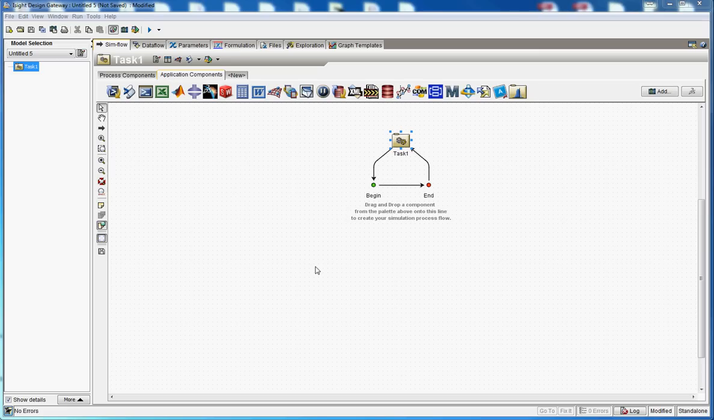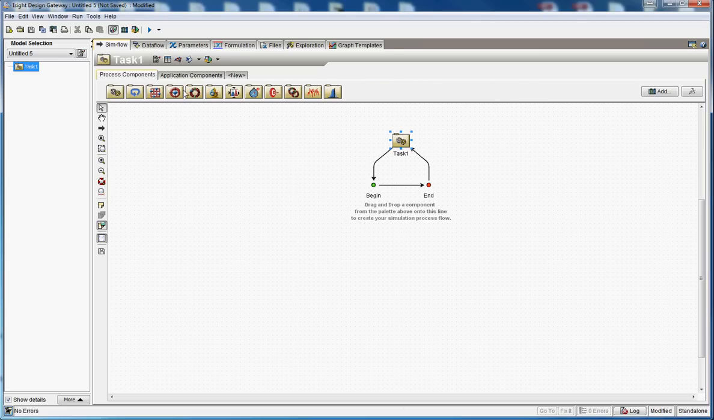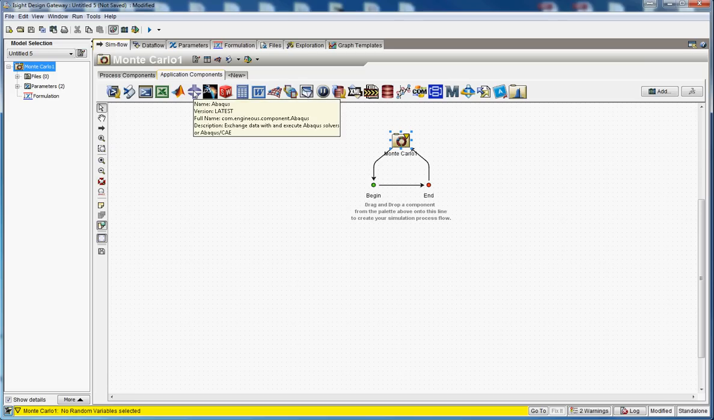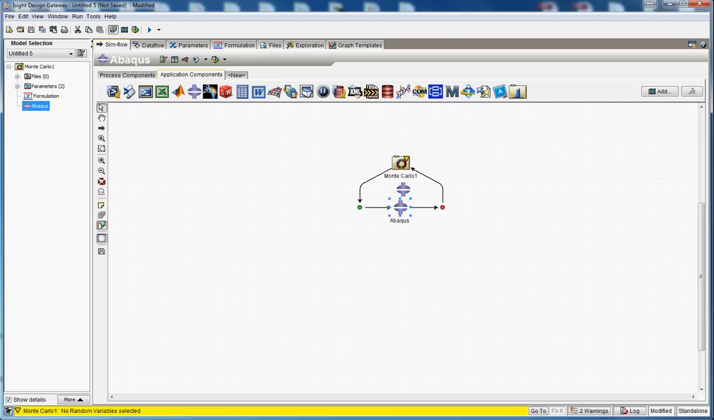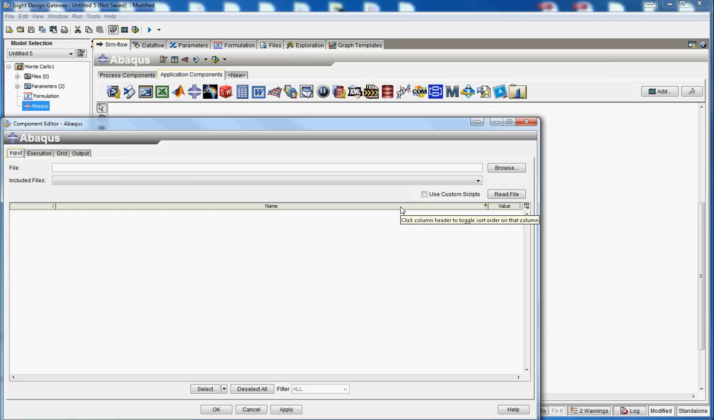We'll start off by pulling in the Monte Carlo component from the Process Component tab into our empty workflow loop, and then go to Application Components, and then we will drag in the Abaqus component into the loop. Now we want to open up Abaqus. Within this Abaqus component, it's got its own interface, which